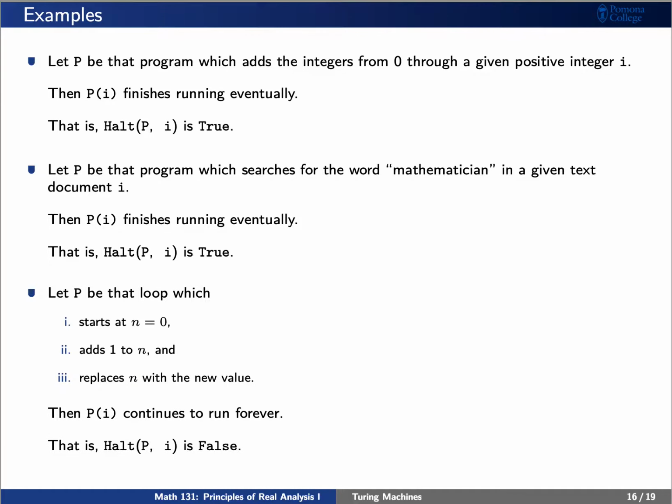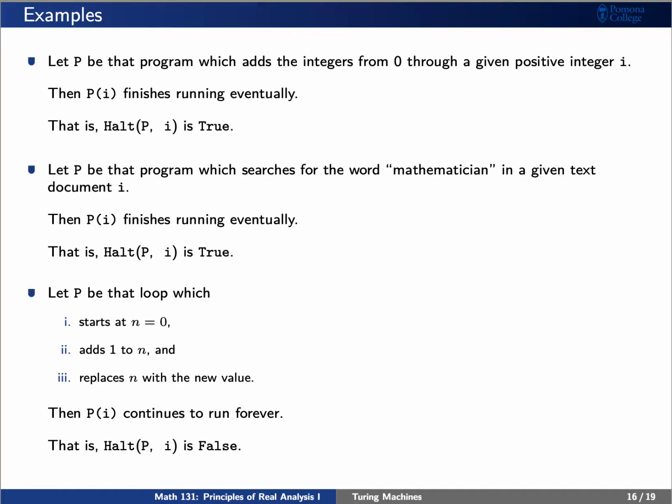Now, let's let P be that loop which does the following. It will start at 0. It will then add 1 to 0, replace that with a new number, which we'll call n, and then we'll replace n with 1 plus the previous number n.